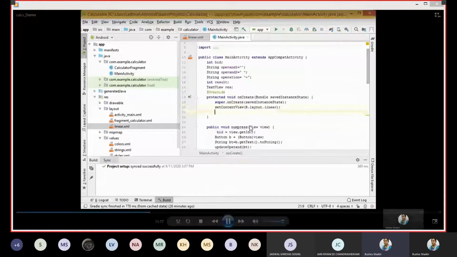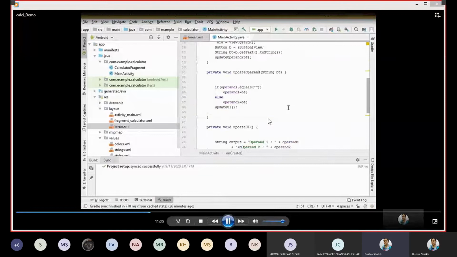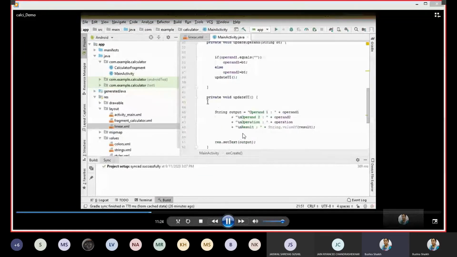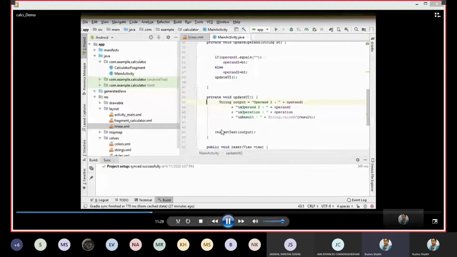Since it was an initialization code, to make this update UI module smaller, or you can say more lean, I had taken that line out of here, the initialization of res. So res is basically a text view component. Now what we are trying to do is set the text view with this label, or with the string output, which is holding all four variables' values. So I hope update UI is understood, students.